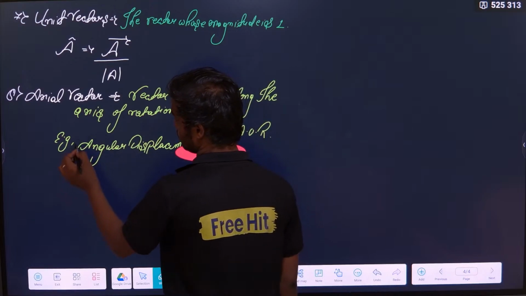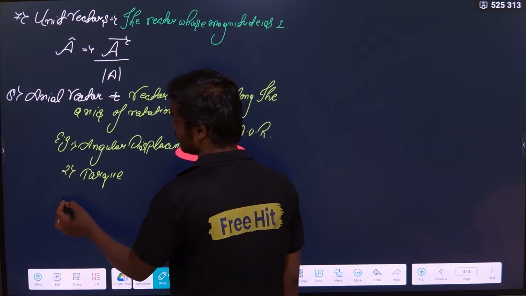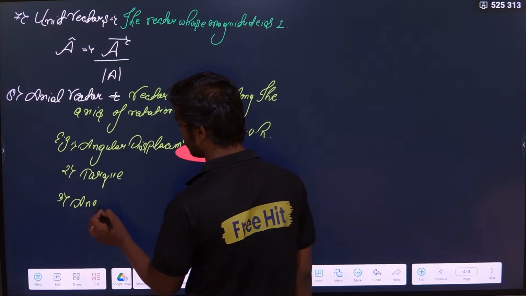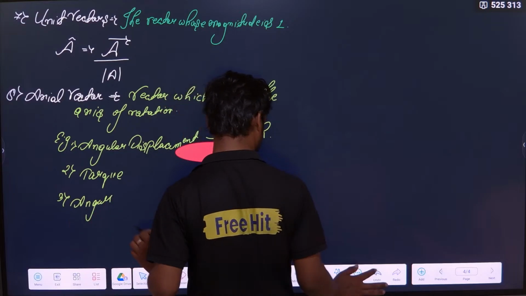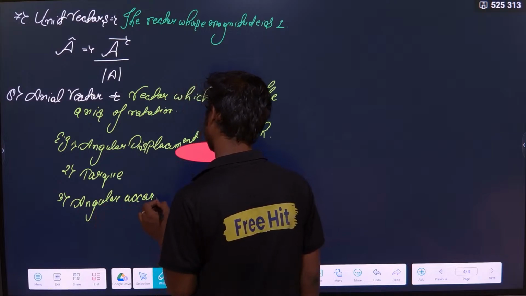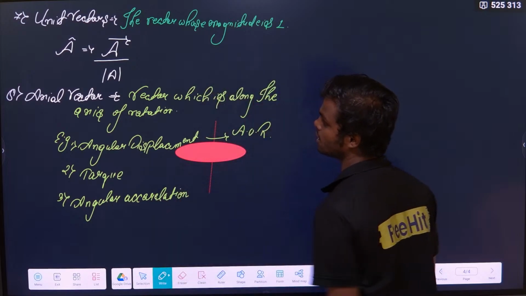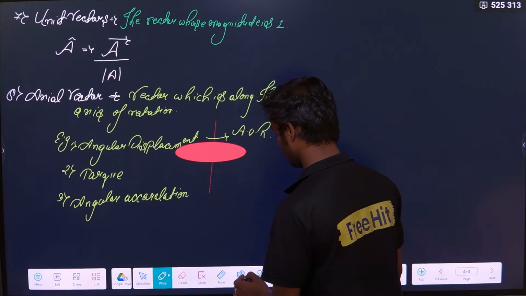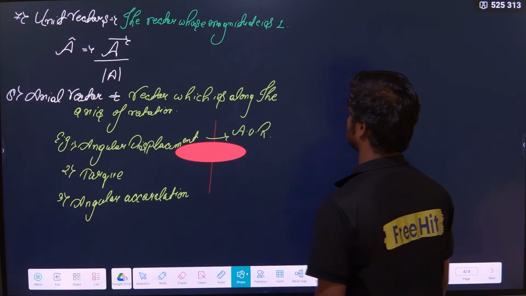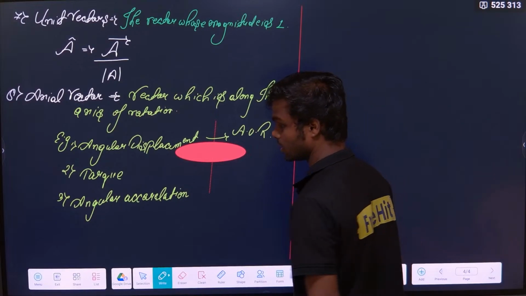I told you one example also, torque, and angular acceleration. So these are some different types of axial vectors, correct? Next we have